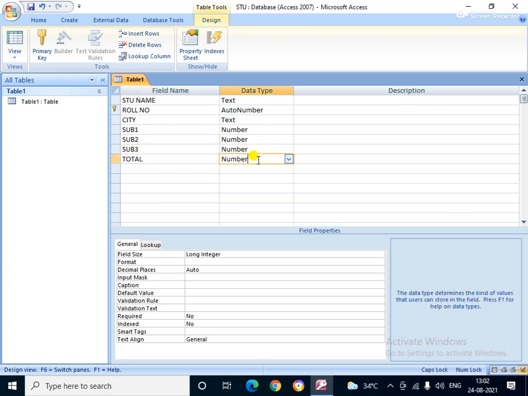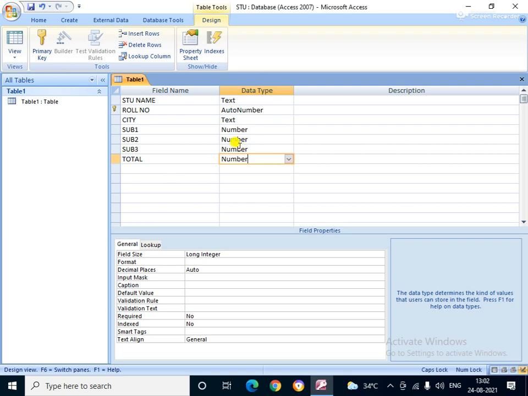And the other thing: with the help of the primary key, we create a relationship. Creating a relationship means, DBMS is called the database management system, and on the other hand the relational database management system, RDBMS, means in database files you create a relationship between two tables. Suppose here are table 1 and table 2, then you create a relation. So how to create the relation? With the help of the primary key, right? Is it clear? Okay.